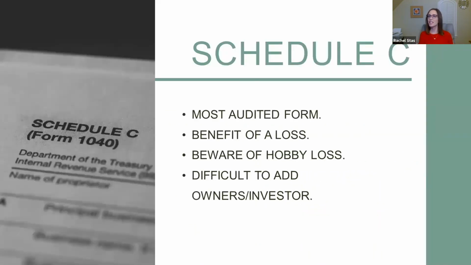So when you get a 1099, if you are not incorporated, which most people at the beginning are not, that 1099 income shows up on your Schedule C. Now, this Schedule C is the most audited form on your tax return because it is a business tax return that shows up in your personal tax return. The IRS is wildly not dumb, and they know that people try to sneak personal expenses into it, and that's where they highlight some issues. So that is why it's the most audited form.